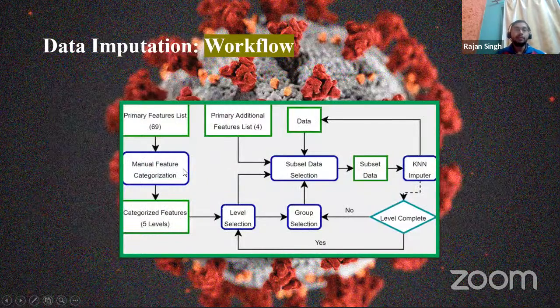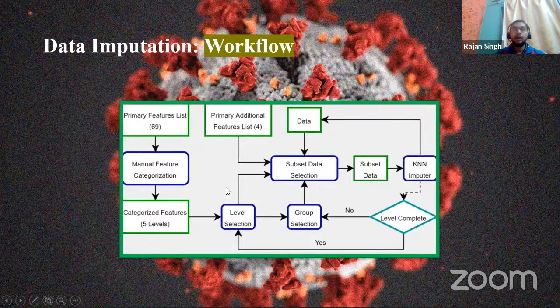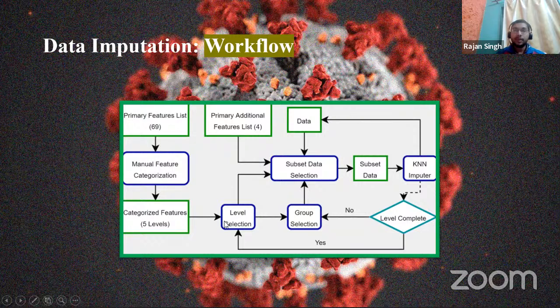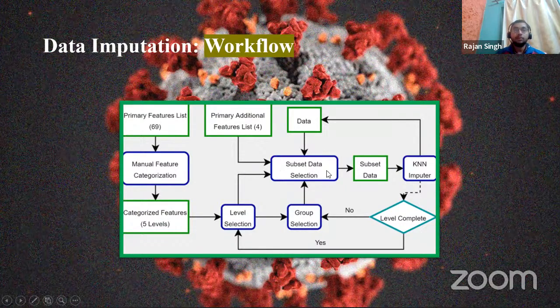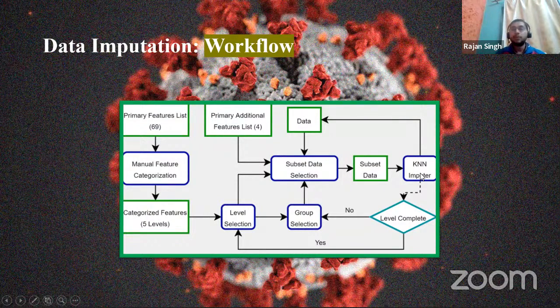Not only groups, but we stratified the division. And we had those 4 features, like the COVID detection test, age, and 2 temporal, that were added in every iteration. So from here, we select the level. Then in the particular level, we selected the group, and we fed it to subset data selection. We carried out, in which we fed the original data. These 4 were fed into this, and from there we selected a subset data, which was fed into the KNN